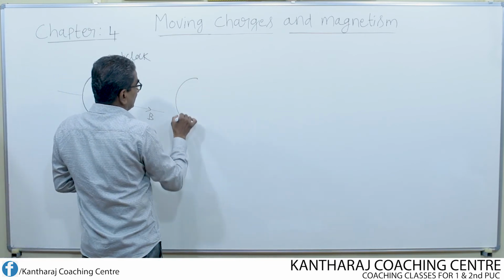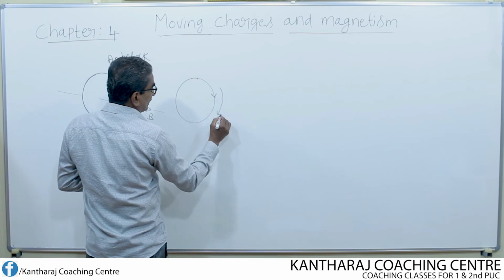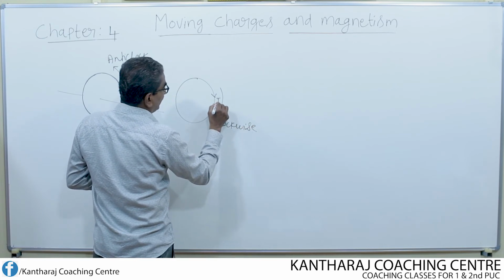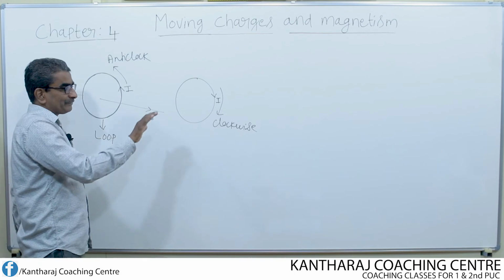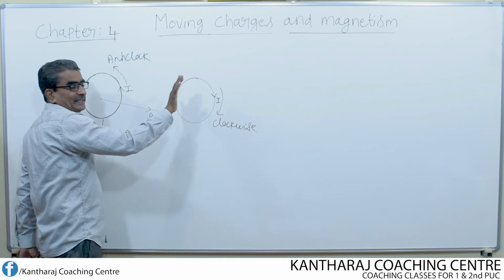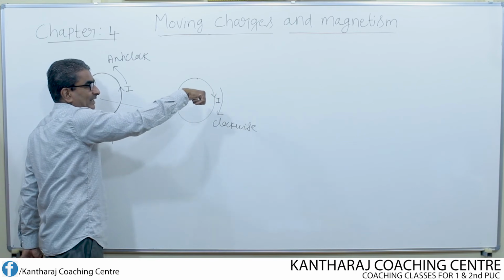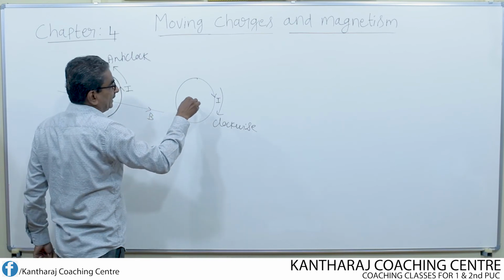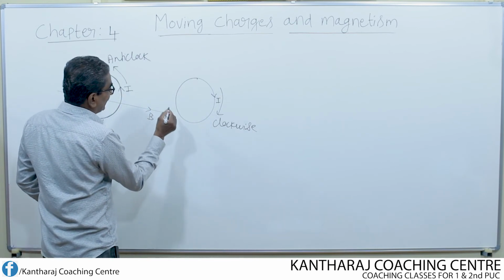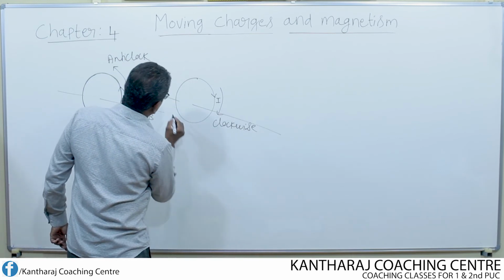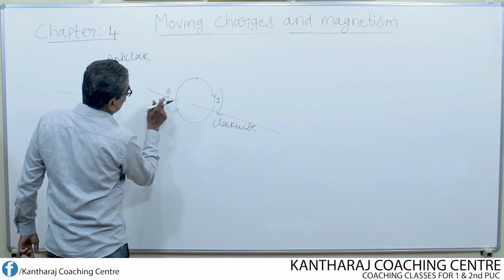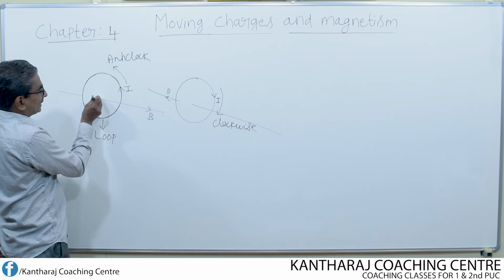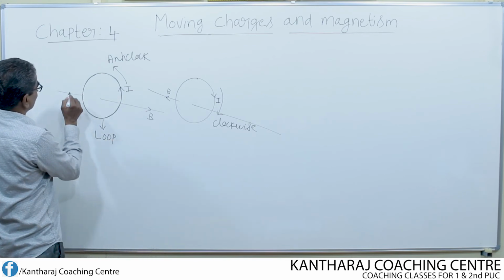Suppose in the loop, the current flows in clockwise direction. Again, we apply the right hand rule itself. Look here. Hold the right hand. If the fingers curling gives the direction of current, then the thumb gives the direction of magnetic field. So in this case, the magnetic field direction is perpendicular to the plane of the loop directed inwards. I represent that like this. So this is how the direction of the magnetic field will be. It goes from front to back. Here it comes from back to front. Back to front is represented like this.